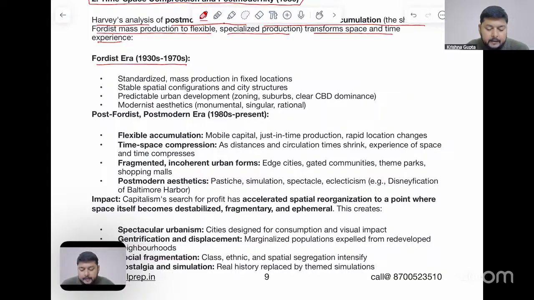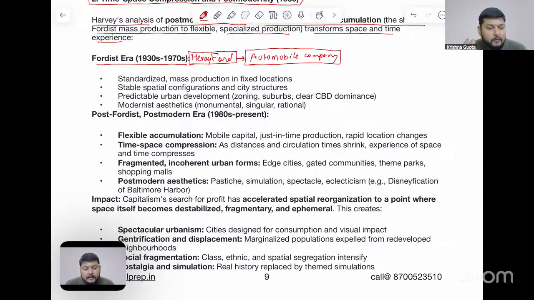फोर्डिस्ट एरा, that is 1930 to 1970. Now Ford कंपनी के बारे में आपने सुना होगा, which is we can say an automobile company. इनका जो ओनर था, his name is Henry Ford. Okay, Henry Ford was one of the persons who changed the urban morphology of USA. What he did, he was one of the richest persons of this time, and he was into the manufacturing of the automobiles. Now, what he has done in America before the 1930s, he has created a kind of a